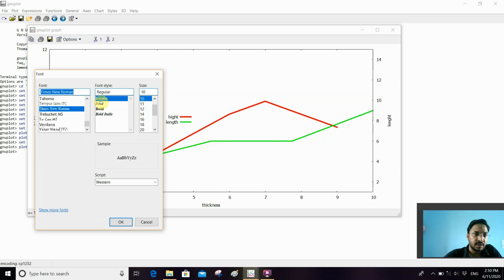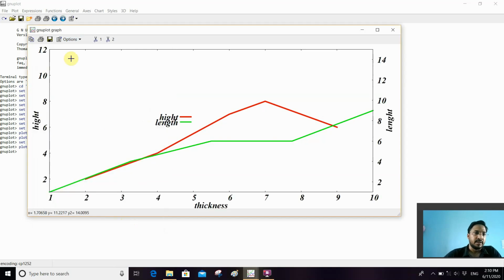I'm taking Times New Roman, the style bold italic, and size about 20, and press OK. So the whole graph changes. The style of the y1 label, the y2 label, the title, and the label of the x-axis all change, and the size of the labels and ticks also change.